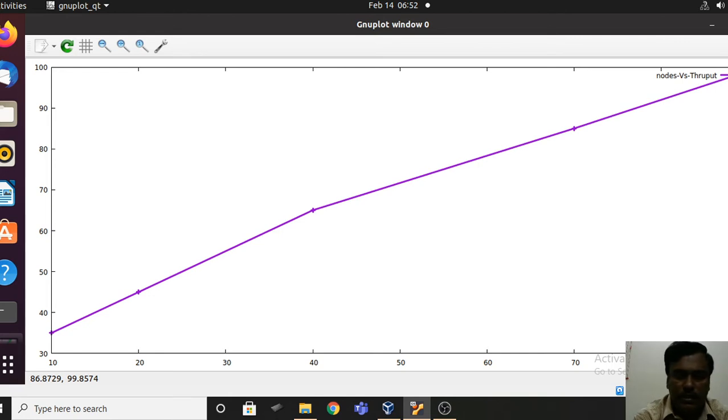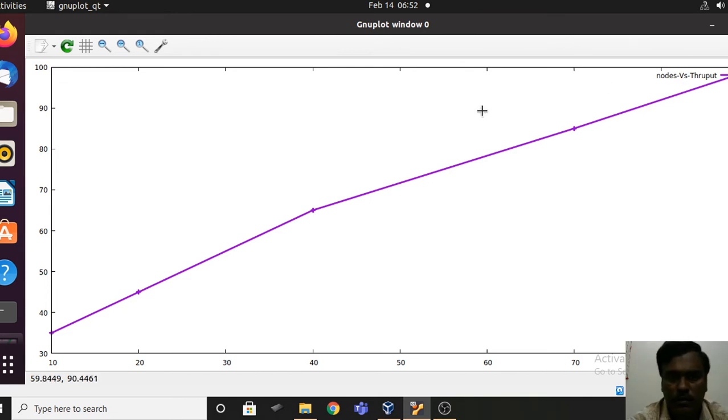So here you can find lines as well as points. Can you see this? These are lines and these are points. 1, 2, 3, 4 and 5. These are points. So the title we have given is Nodes versus throughput.